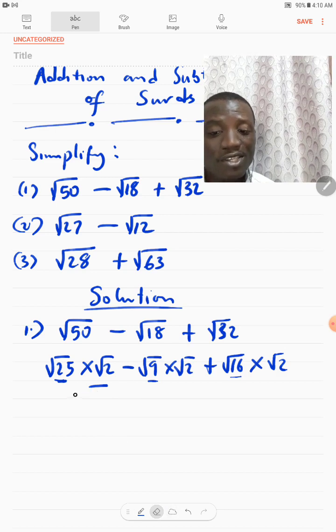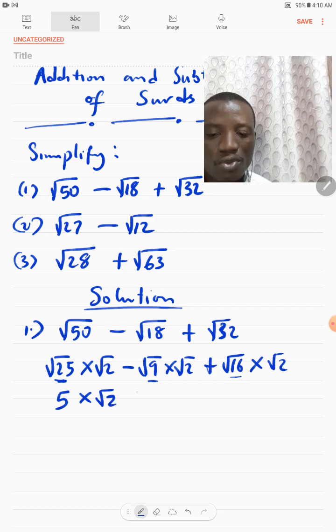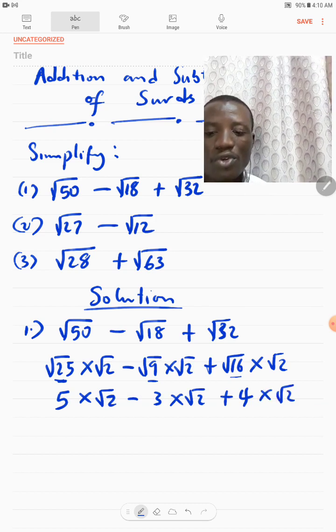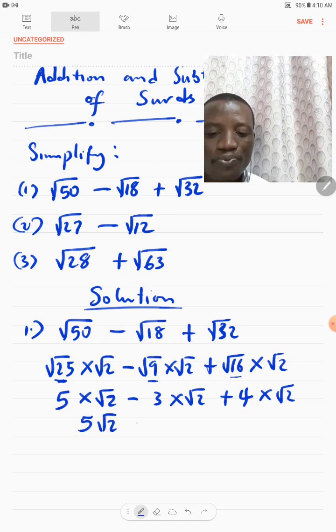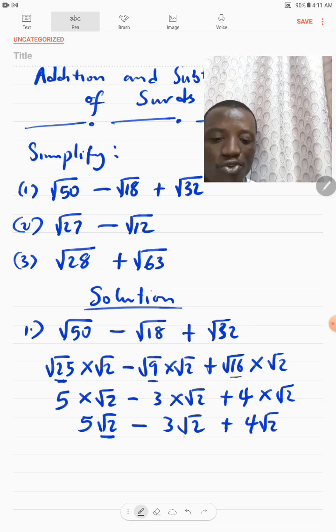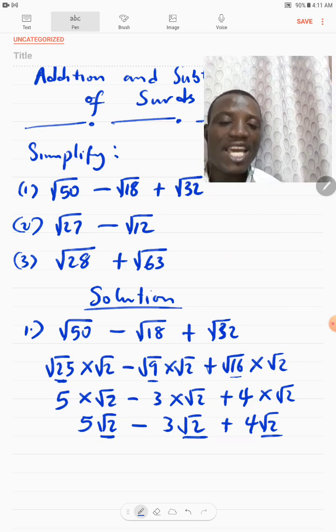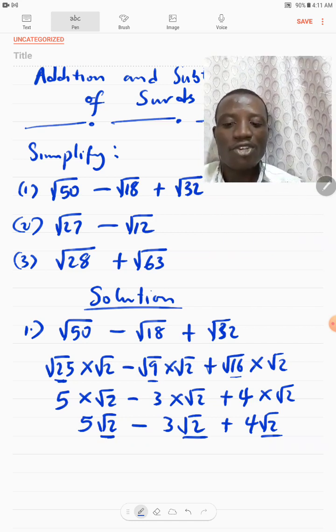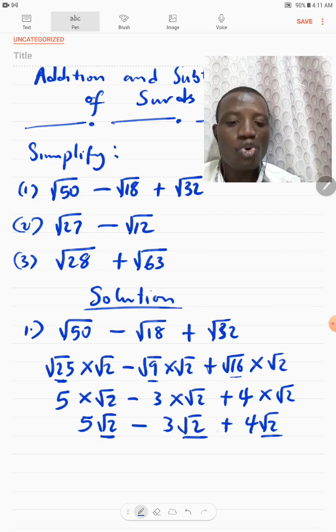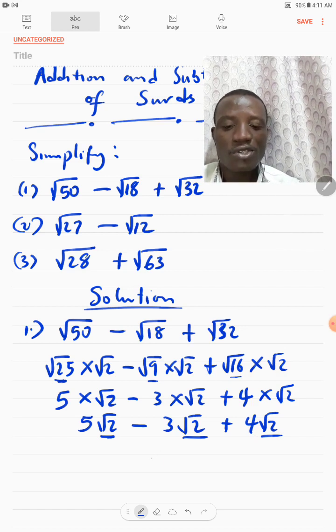let's first simplify it. In the next example, we may not write it like that. This means 5 root 2 minus 3 root 2 plus 4 root 2. So first check all of the roots. Are they the same? Yes, they are the same roots. So we can add them and we can subtract them. So I can now do 5 minus 3. That will give me 2. 2 plus 4. That will give us 6. So the answer will be 6